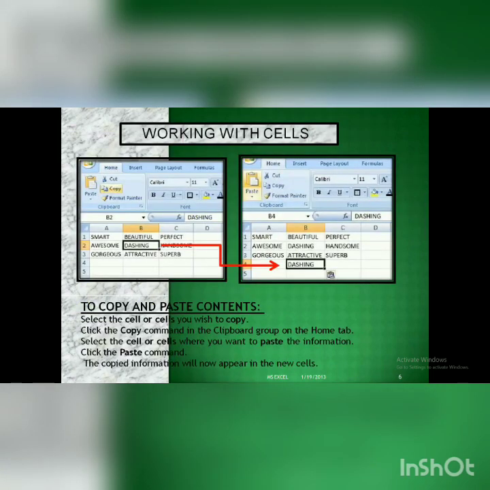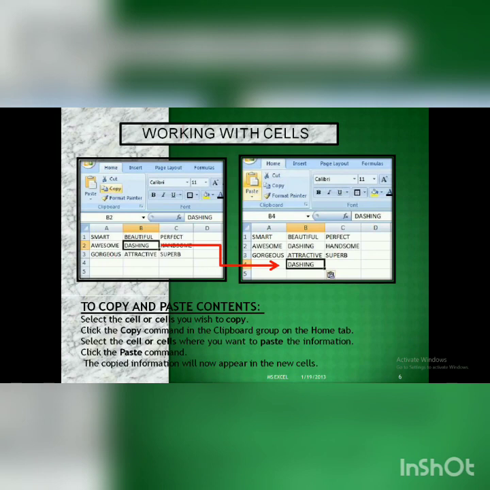Then we have cells. In MS Excel, your worksheet is divided by 2 kinds of lines, vertical and horizontal. Vertical ones are known as columns and the horizontal lines are known as rows.